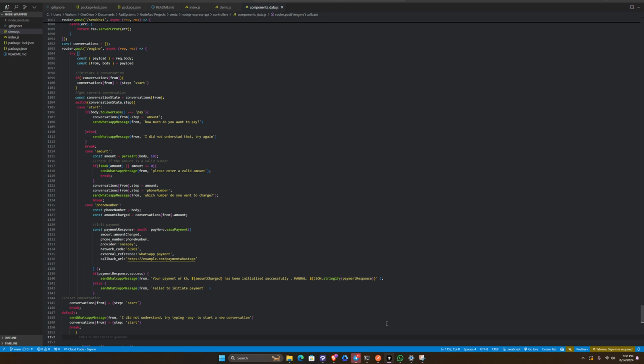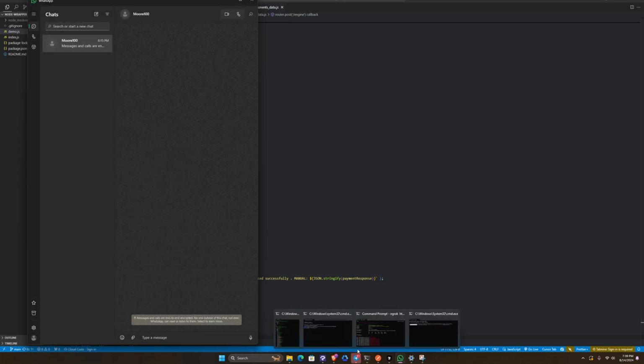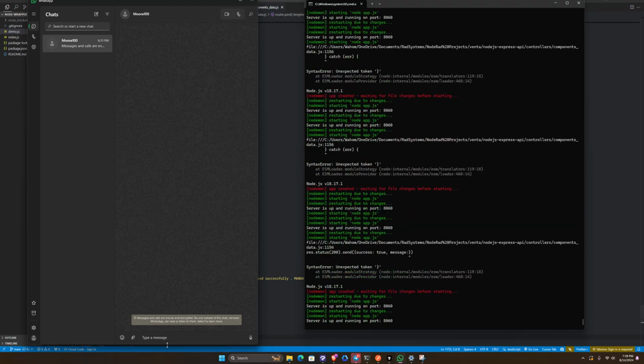Good. So what you need to do now is go to our WhatsApp and test whether it's going to be working. So let's delete everything here. Just select that, and delete everything. At the same time, just make sure that our server is running correctly, there's no errors. And let's type pay. If everything goes well as expected, we should get a response coming back from payhero. That seems like it's not working for whatever reason. So try again, pay,